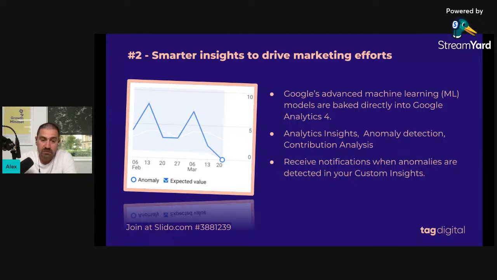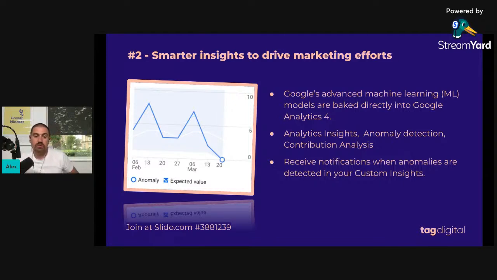Also, Analytics Intelligence provides 2 types of insights. The first one is automated insights. Analytics Intelligence detects unusual changes or emerging trends in your data and notifies you automatically on the Insights dashboard within the Google Analytics 4 platform. But you also have custom insights, so you can create conditions that detect changes in your data that are important to you. And when these conditions are triggered, you see insights in the dashboard as well. You'll get email alerts in addition.